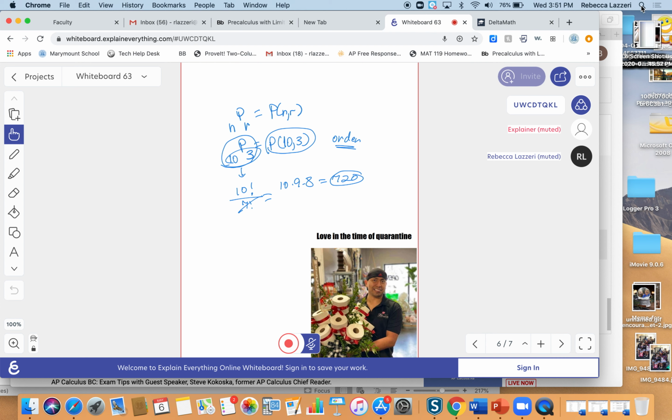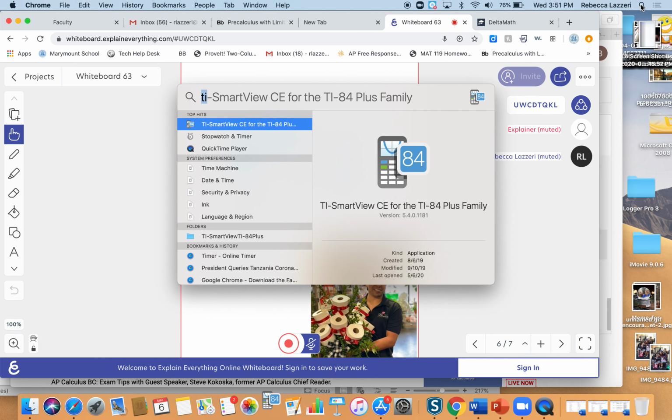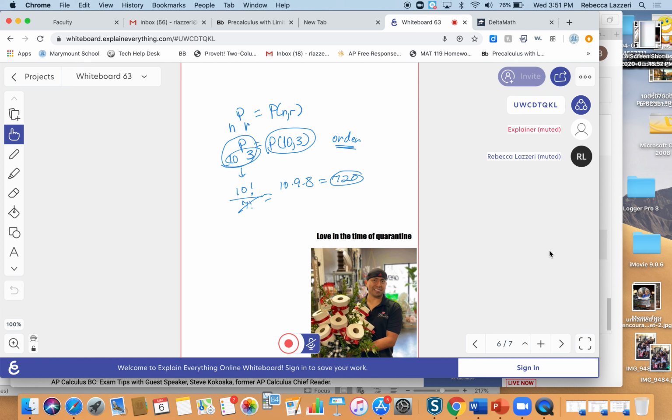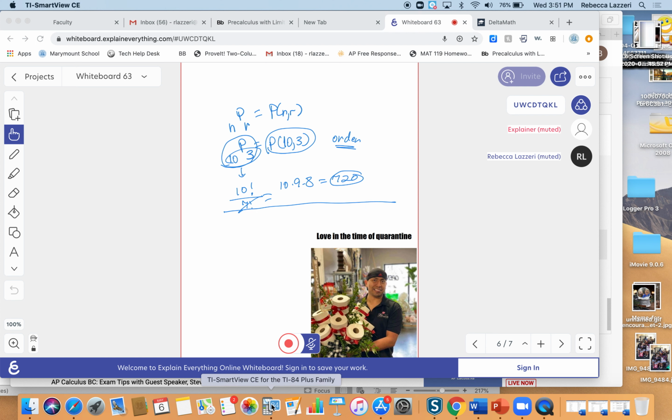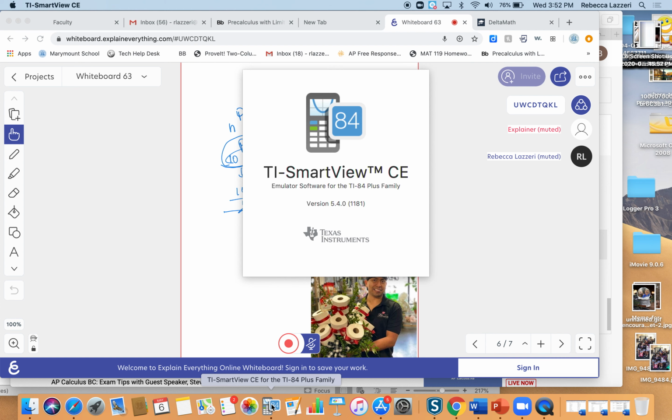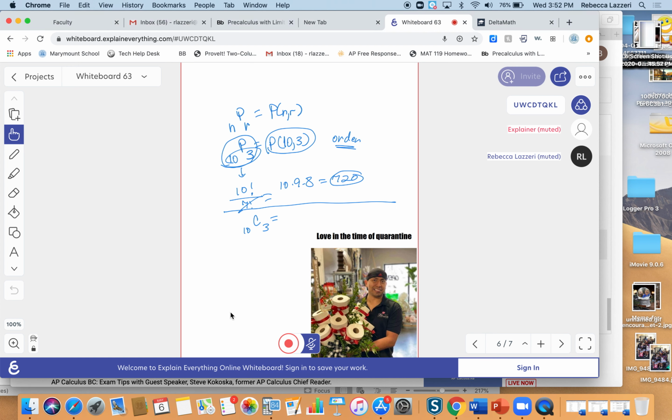Let me show you how to do that on your calculator. Where's my calculator? Oh, I must have closed it. I'm waiting for it to open. The way you might see a combination of 10 things 3 at a time means, like if I had 3 children and I named my 3 children, it doesn't matter what order I name them in, it doesn't make them different children. But if you asked who was the oldest to youngest, then the order would matter. Still waiting on my calculator to open.